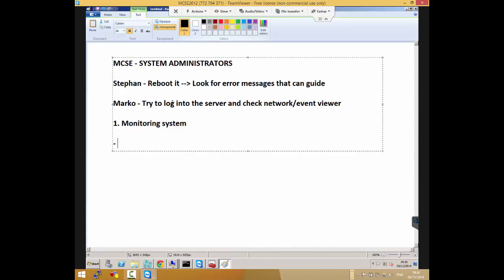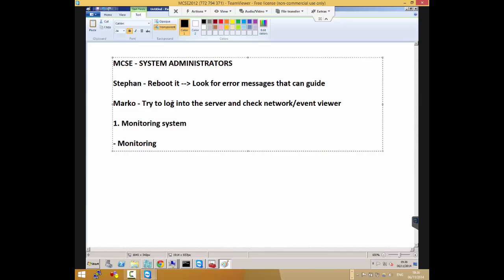One of the first things you have to set up for that system is monitoring. If you don't have a central monitoring system, you should try to get one in your environment. There are a lot of free ones available. You set up monitoring for every server in your environment.